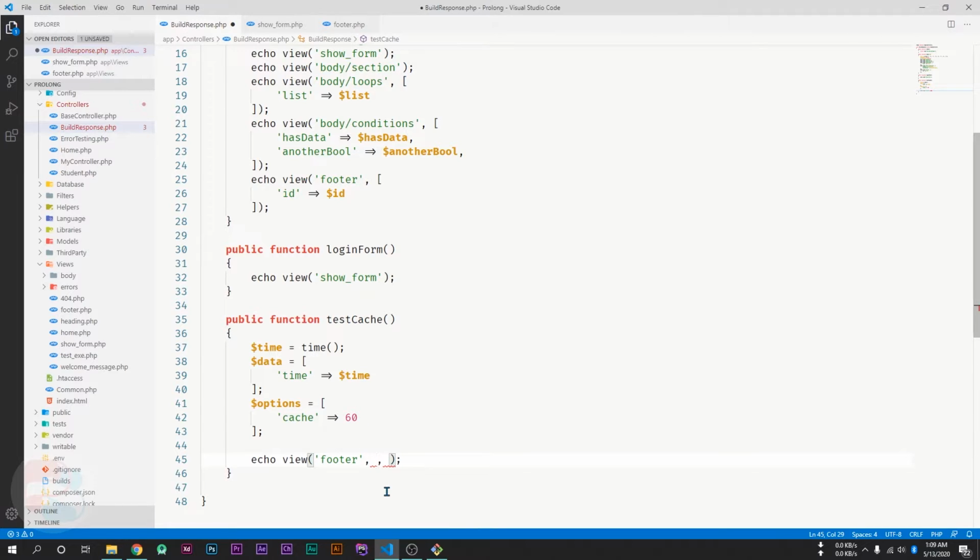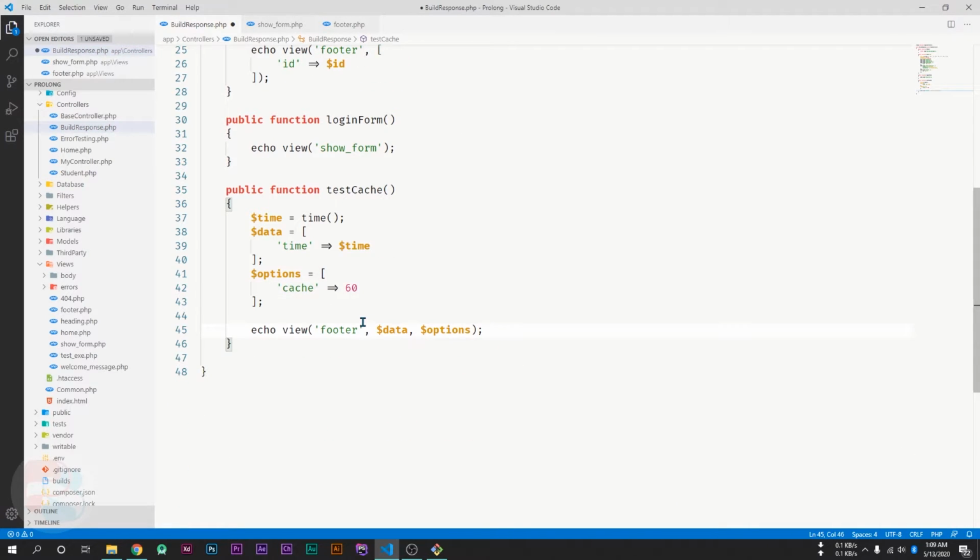If I pass data in my second parameter and options in my third parameter, save this file and reload my page, here is the current time. Now if I reload my page again, it displays my previous value. As you can see, this value is not updated.